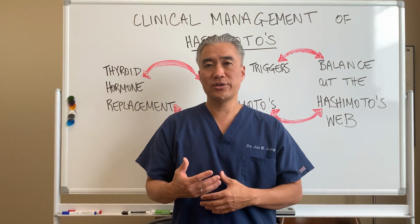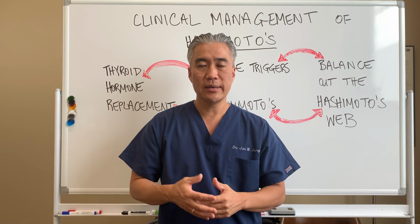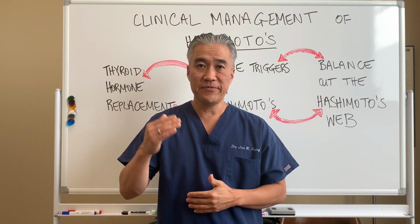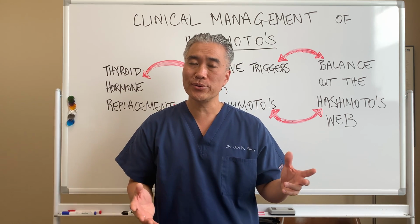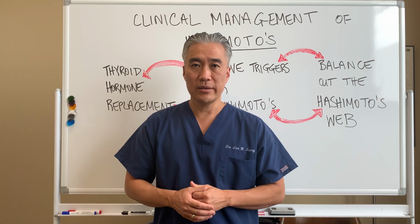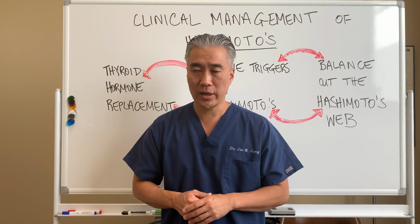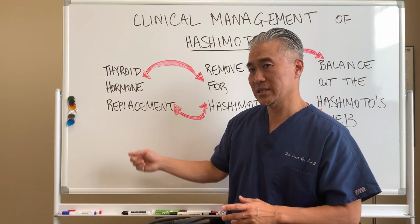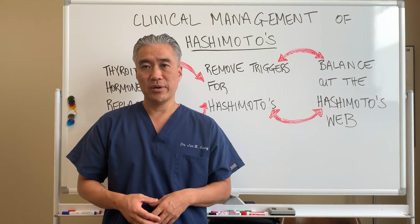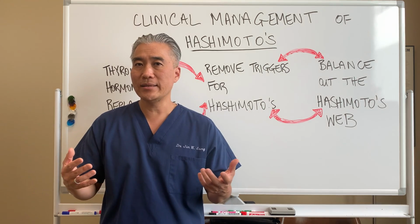So in our office, what we try to do is use some natural alternative therapies and monitor the TSH, to see if we can get improvement or some sort of stability in that number. If it continues to run high no matter what you do, then that patient may need thyroid hormones, right? It's inevitable, because if you don't have it, then the other things that we do in our office may not work for you, okay? So thyroid hormone replacement may be necessary for Hashimoto's thyroiditis. Not in every patient, but if you have long-standing Hashimoto's or hypothyroid, then you may still need the thyroid hormone